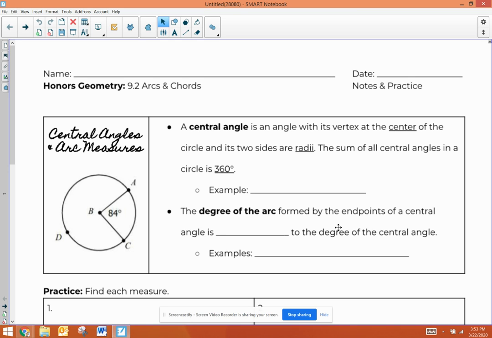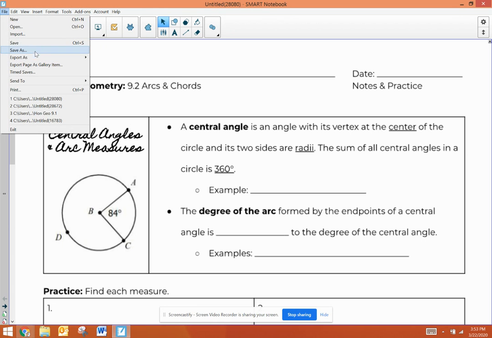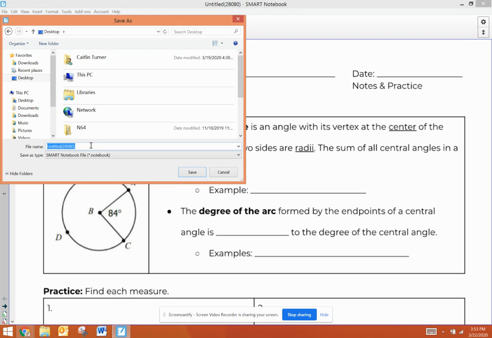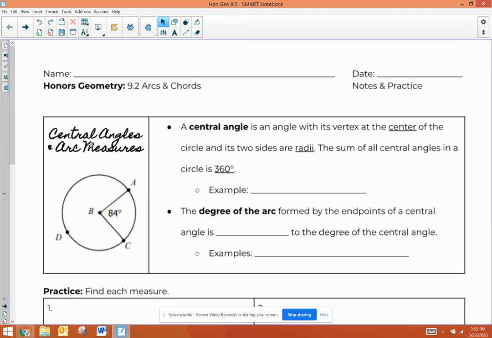Hey, it's me again, your favorite sophomore honors geometry teacher on the ones and twos. Let me just save this. All right, so